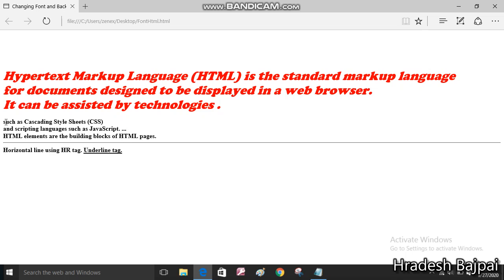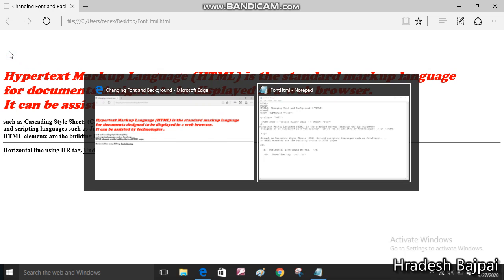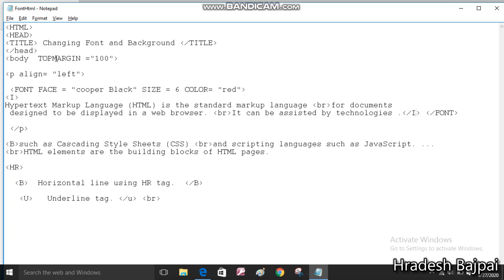One important attribute of body tag I want to explain you, which is changing the background color of the page. If you want to change the color of the page, you have to use an attribute of body tag, because whatever we are writing goes inside the body tag. So we will go on the body tag. Here I have mentioned top margin.